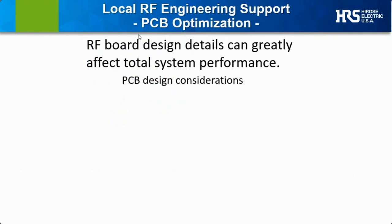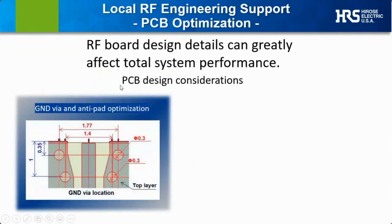And it is all about the system, is one way I've heard it put, about the need to consider each element of an RF millimeter wave design effort. And this starts with the PCB substrate itself. Our SI engineering team offers standard PCB design optimization guidance, but they can also dive deep into a specific customer's requirements, design, and questions. This can be as obvious as offering input on ground via locations and anti-pad layouts, spacing, and dimensions,